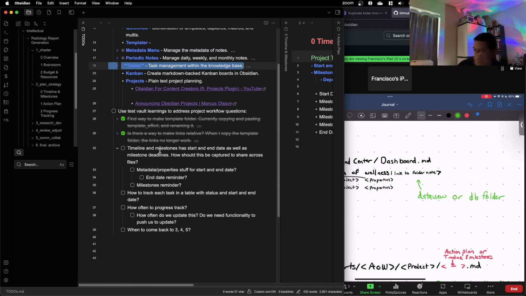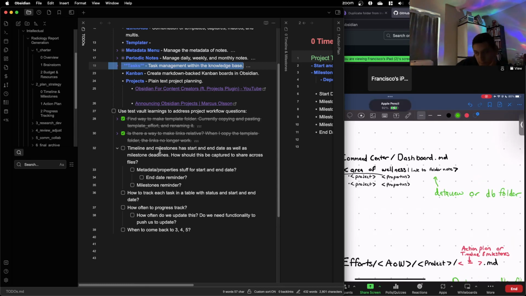Okay, so let's start first with the overall information we need to track. Each project, from an overall view, has a current status, a next key milestone. That one might be a little bit hard, but we'll see.